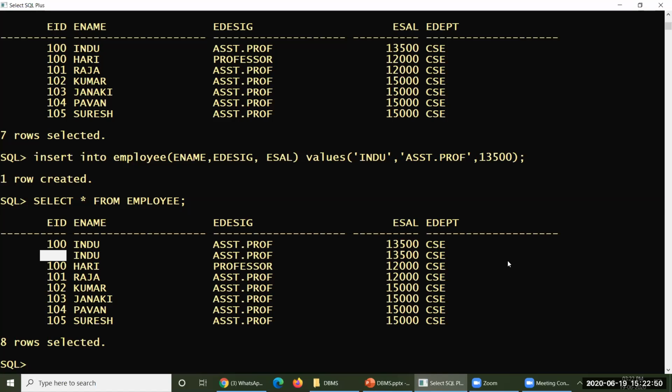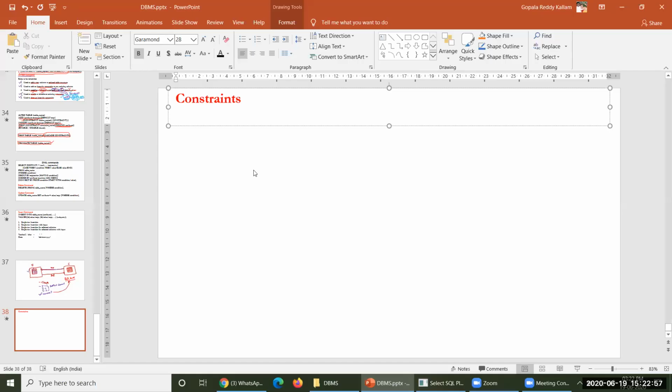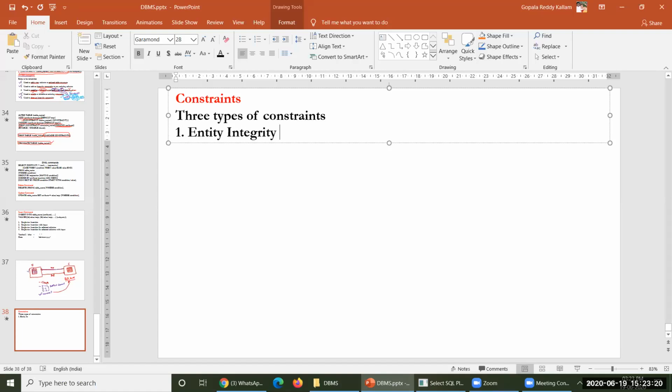What could you do for all these? For achieving all these, we have to take the help of constraints. There are three different types of constraints. Constraint type number one is entity integrity constraints.